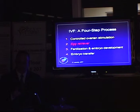And this procedure is now called the egg retrieval, which is sort of a funny word. Retrieval means taking something back to a place where it shouldn't be and putting it back where it belongs. So the eggs really belong inside of the ovaries. So I never quite understood why we call it the egg retrieval, but we call it the egg retrieval. That's just the lashon that we use. The egg retrieval